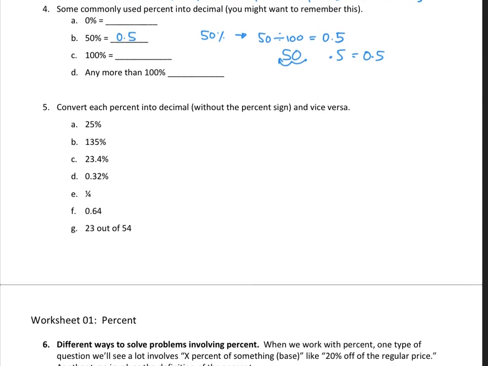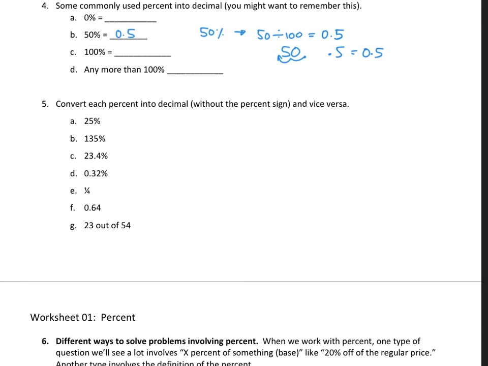Let's look at number 5, part E. It's 1/4. So what I can do is use my calculator to do 1/4, or 1 divided by 4. Again, the 1/4 fraction is basically the same thing as a division. So when I actually try to calculate 1/4, I'll do 1 divided by 4. If you do that, the calculator will give you 0.25. Again, this is a decimal. I want to convert that into percent. So basically, I'll do the opposite. Either I can multiply this number by 100, or I can move my decimal two places to the right. So let's do the shortcut way. I'm going to move the decimal point two places to the right.